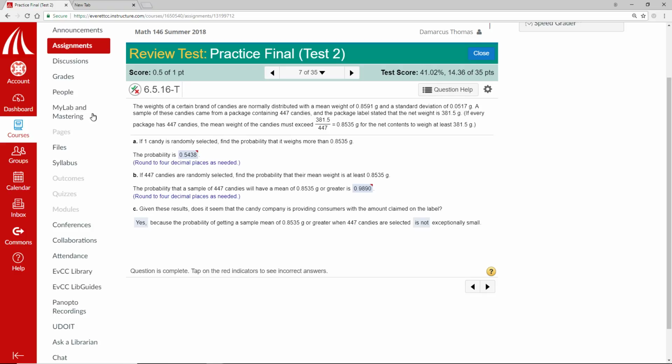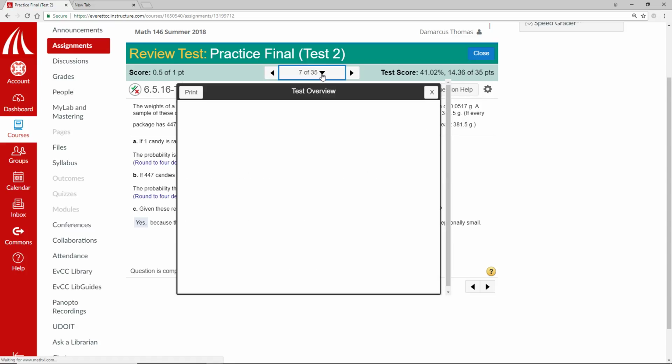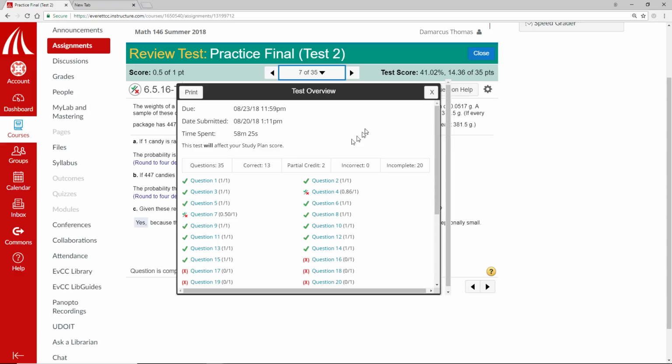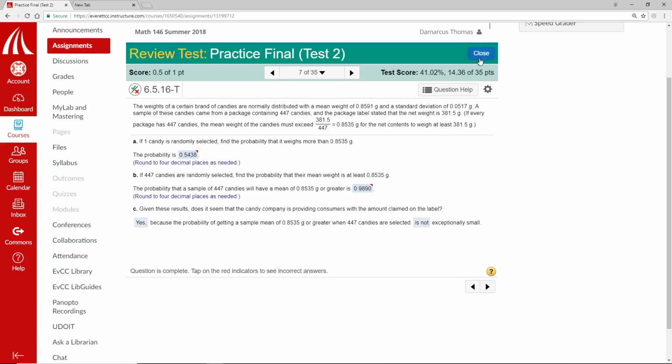0.85. The weights of a certain brand of candies are normally distributed with a mean weight of 0.8591 and a standard deviation. Yeah, I don't know. Something about that one just seems really odd. So what you'll do after you've completed the test,